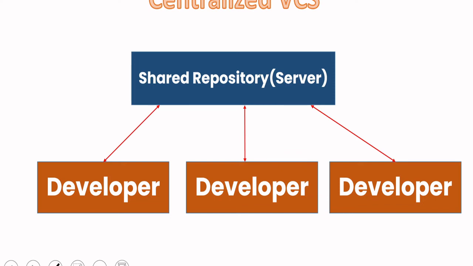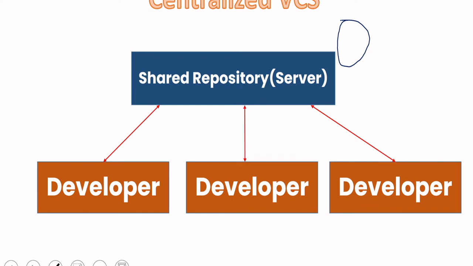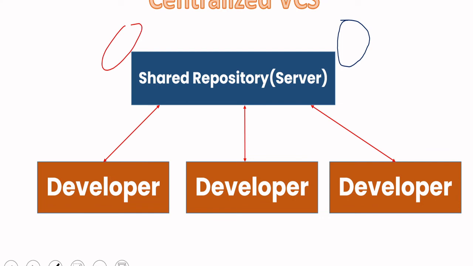So the main drawback of the local VCS is developers cannot work collaboratively with the same code, but it has been overcome here. You can see that everyone is working with the same code which is stored in the server. That means this server you can treat like a cloud. So you are having the code in the cloud and everyone is taking the copy of that and they are working together at the same time, parallelly. So they are not working with the individual code in their local systems. They are working with the shared repository among the team.